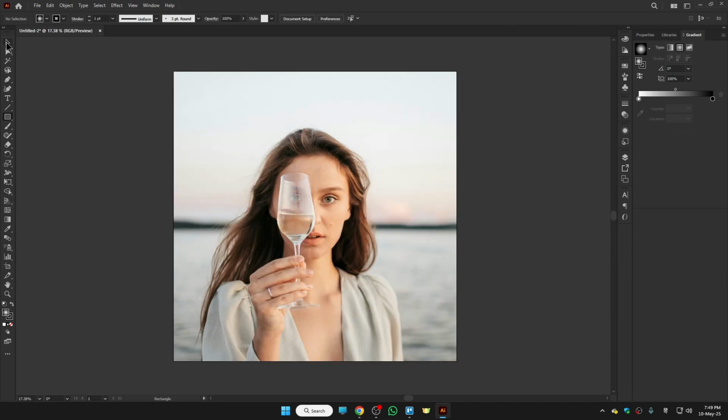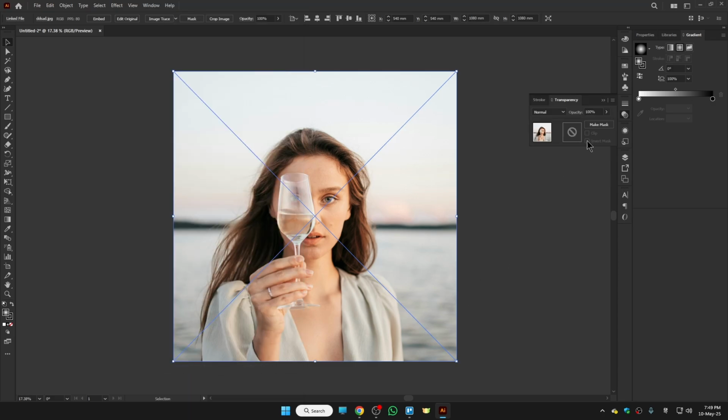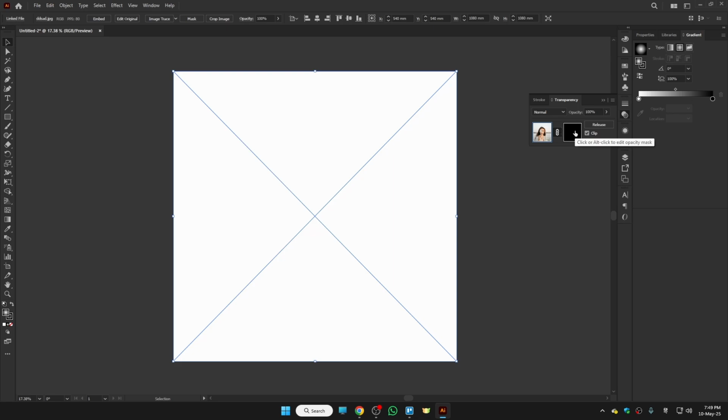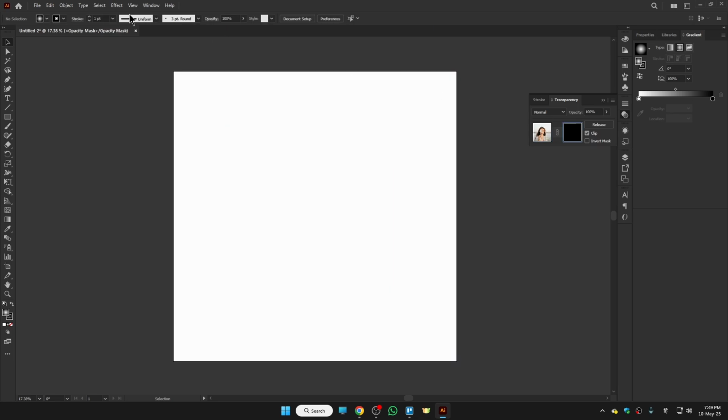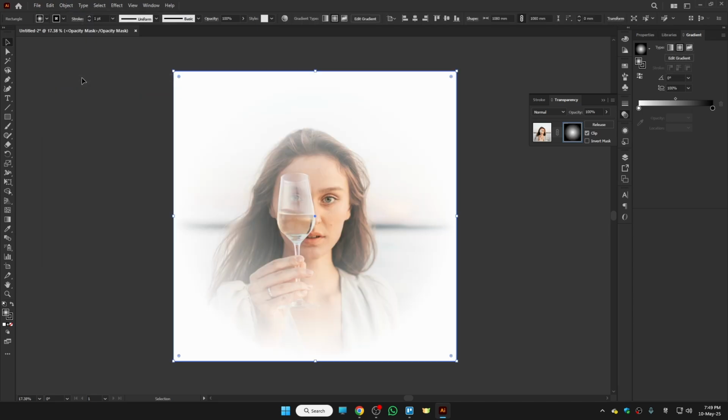Now choose the Selection tool and select your image, go to Window, and this time click on Transparency. Here we need to click on Make Mask and click on this black thumbnail right here. Now we need to go to Edit and choose the option Paste in Place. And you can see we got the gradient over our image, and we have successfully blurred the edges